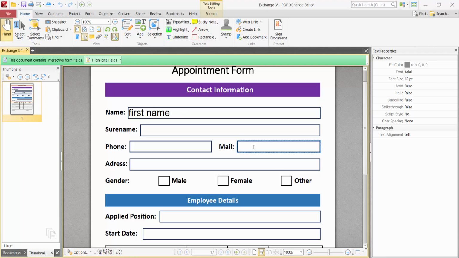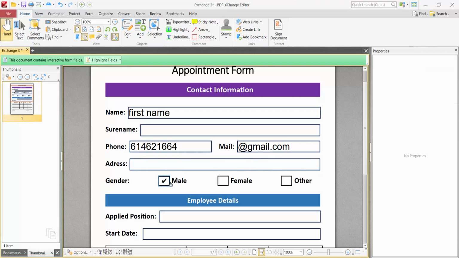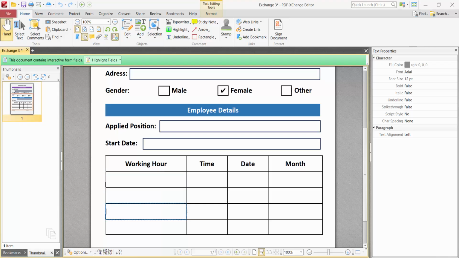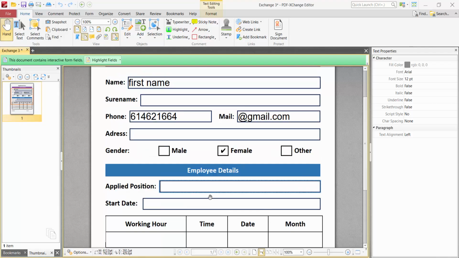and type here your mail and you can type your phone number and type your address and this checkbox you can check it and so on. In this way you can type text and fill in your fillable PDF form and finally select